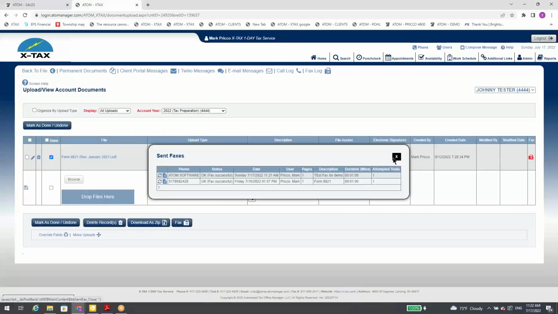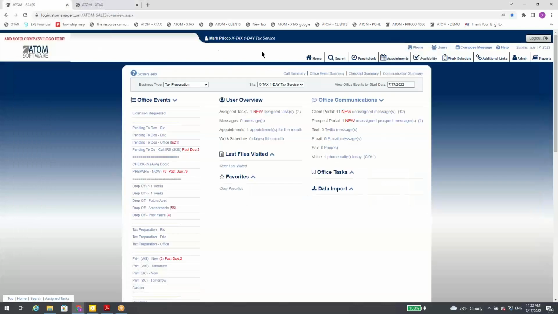Now let's go ahead and close this out. Now I'm going to come over here to Atom Sales. And now on my home page here, I have one new fax. So now I just demonstrated the outbound faxing. That's how you send a fax to someone. It's going to be in the account uploads pages where you're going to send it. And receiving it,